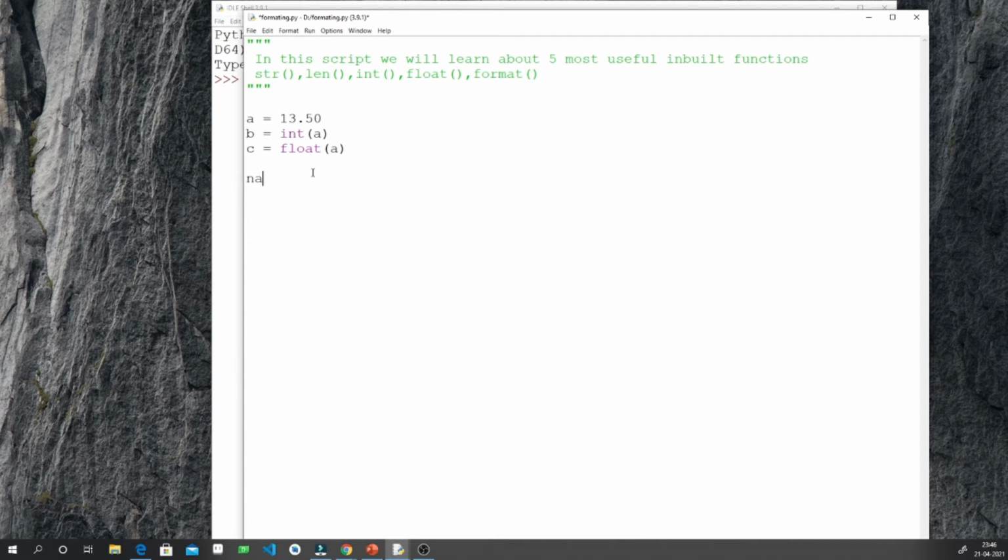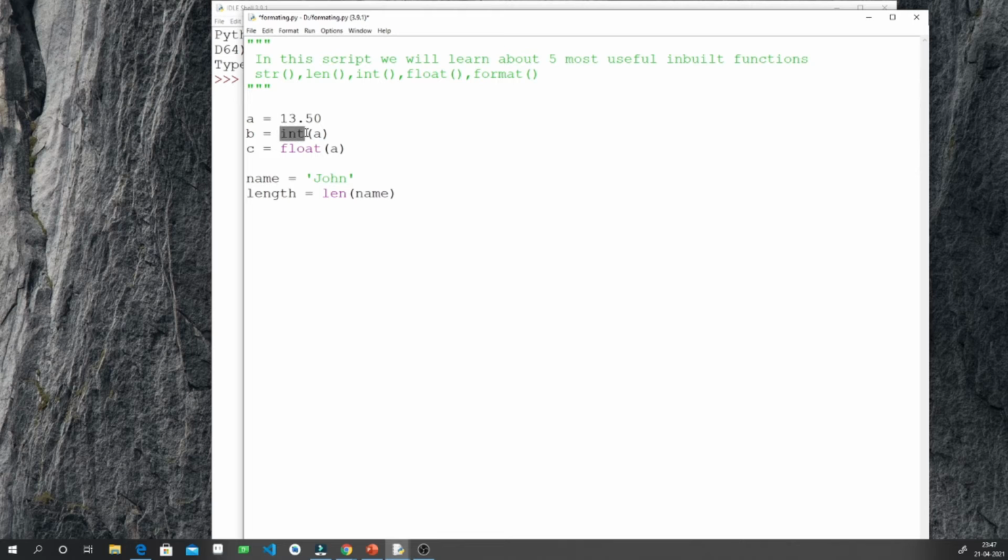So after that I will create a string variable of string data type, and I will give name John, and I will calculate the length of the string using len function. So see what all the functions are doing.